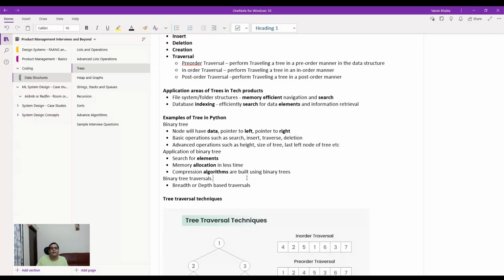Now, the traversals. As you would recollect, we had discussed that traversals are nothing but a way to basically go from level 0 to level 1 to level 2 and level 3. That is what traversal means. So there are two types of traversals, which are breadth and depth based. Self-explanatory, if I have to say, because breadth means